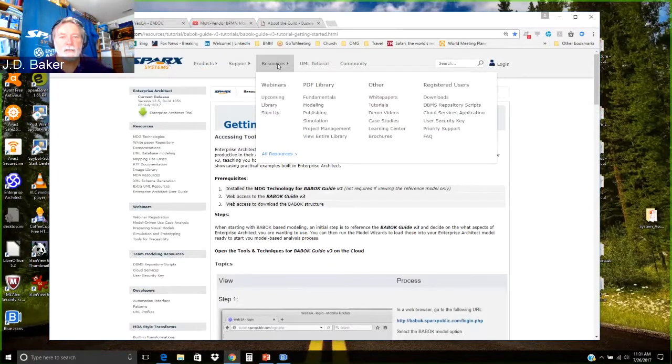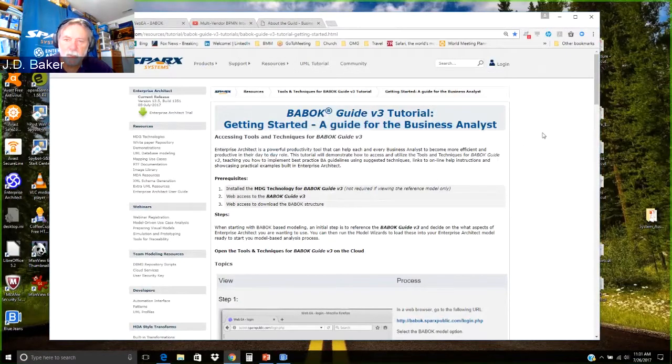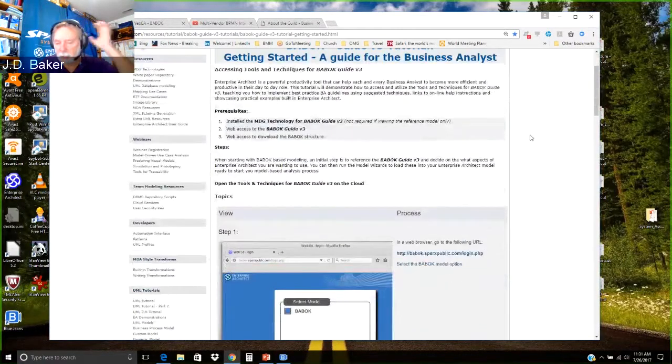One of the things that Sparx does is they provide an awful lot of resources for people that use this tool. This tool, quite frankly, has a lot of features and takes some skill or some time getting used to those kinds of things. So there's a number of different kinds of resources. One of those resources is this tutorial for getting started for the BABOK. And so, as I told you,